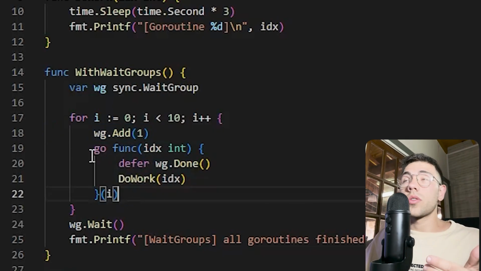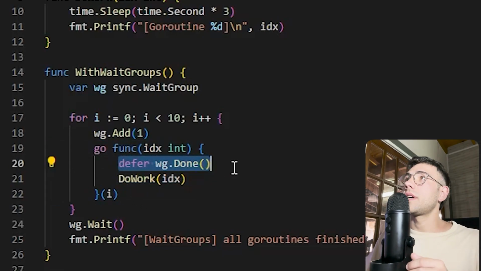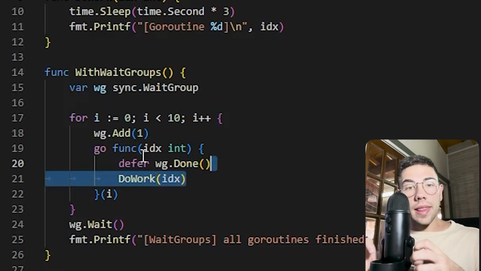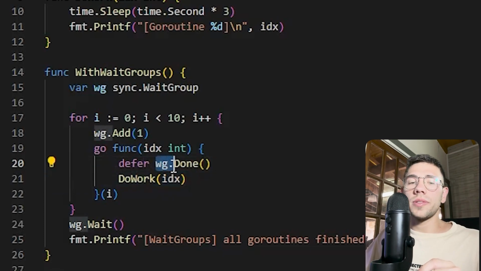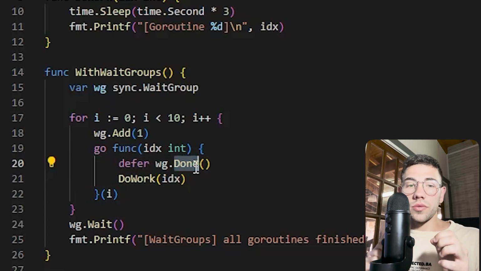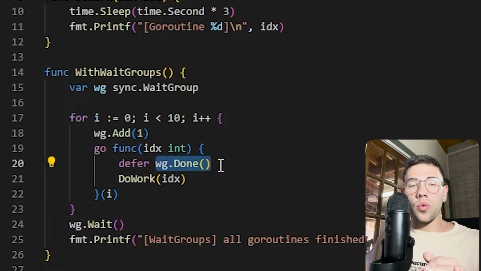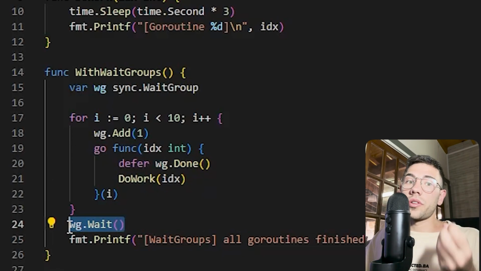Well, here, when I execute this coroutine, I am declaring a different function that, when the do work function of this coroutine ends, at the end, will execute wait group dot Done. This wait group dot Done decrements the counter by 1. So every time a coroutine finishes, we execute wait group dot Done, and with this, we decrement the counter by 1. So here, we just have to wait for all the coroutines to end to get the counter to 0,